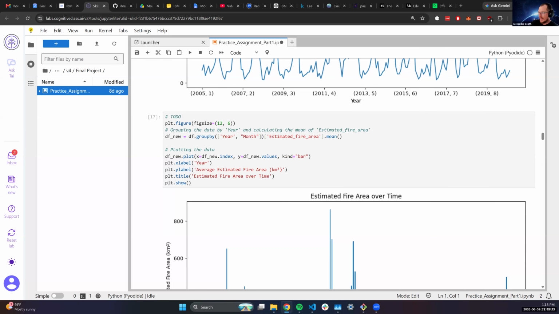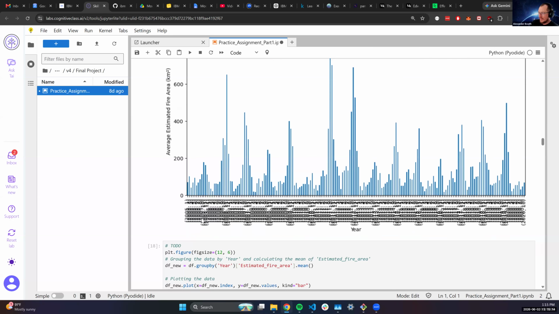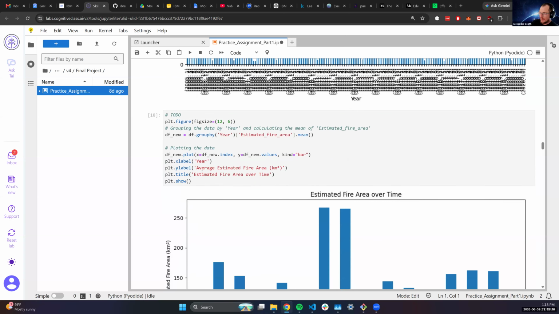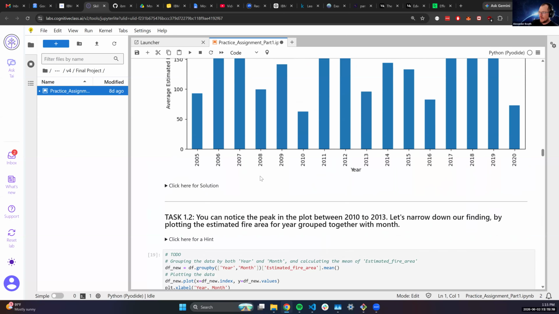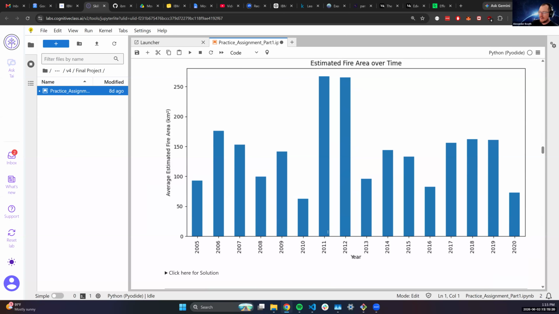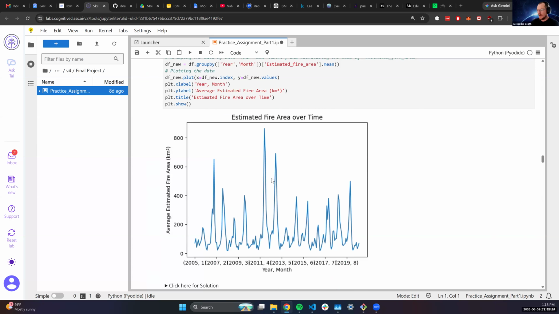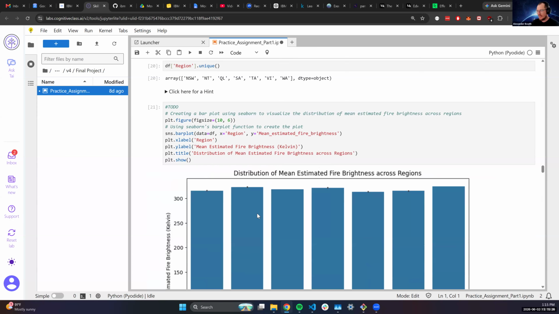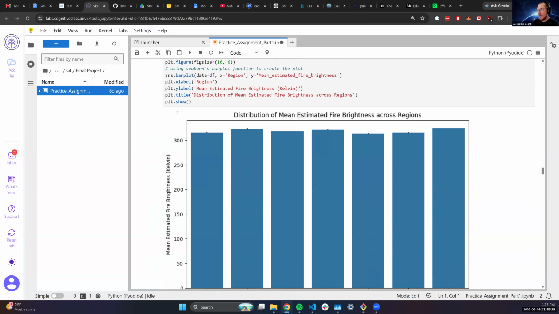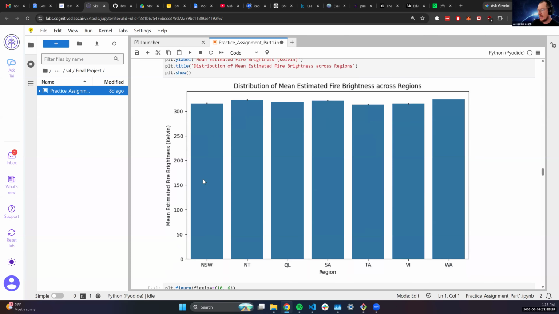I think we tried to break it down by every single year and month, and you'll see that we really messed up our labels. So we'll just go back to looking at it by year. Anyway, we noticed this peak in 2010 through 2013. So let's see if we can investigate it a little bit further. By using Seaborn, we can add those error bars, and since those error bars are pretty small, we have high confidence in these average fire brightness values by region, and we see that WA is